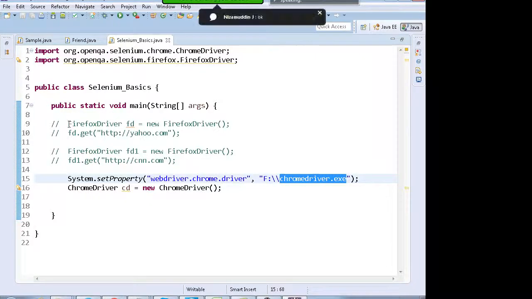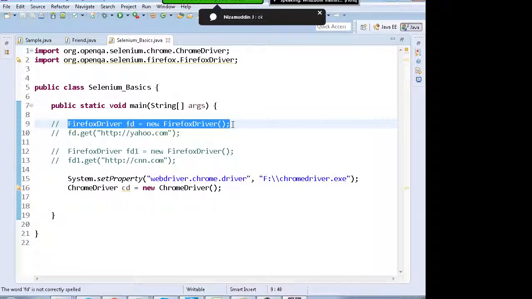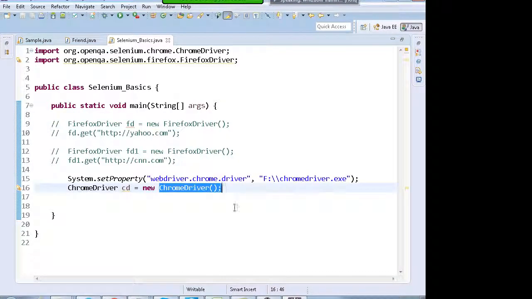For Firefox driver, when you create the object, it finds the exe and opens it, but for Chrome it cannot directly open the exe. You have to probably set some properties or some parameters while opening Chrome which are defined in this exe file.